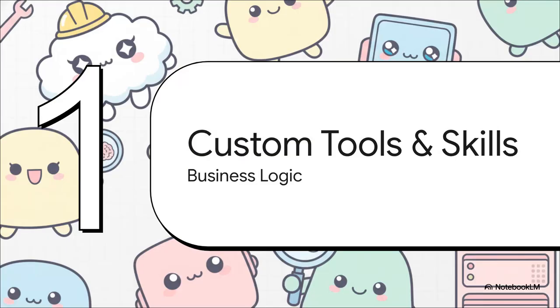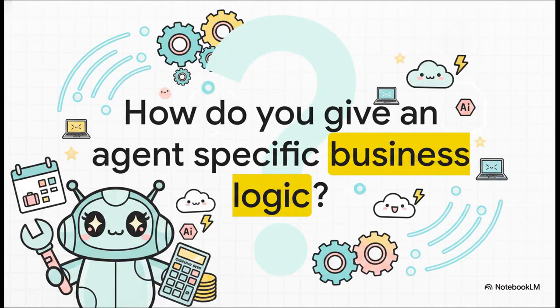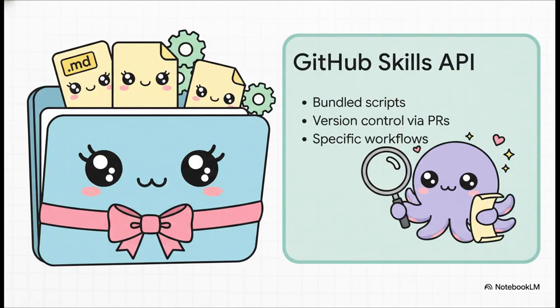Let's move to Section 4, Custom Tools and Skills. So we've got the architecture down. But how do we actually transform a generic, out-of-the-box agent into a highly specialized expert for your unique application? Like if you're building an automated conference planner or a financial advisor, you need to arm it with highly specific domain-level tools. One of the most powerful new ways to inject that knowledge is through the Skills API and its